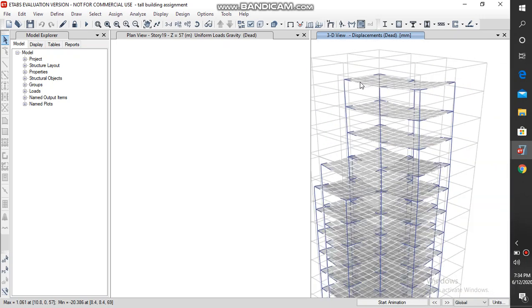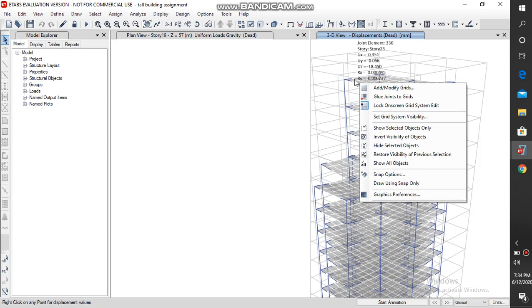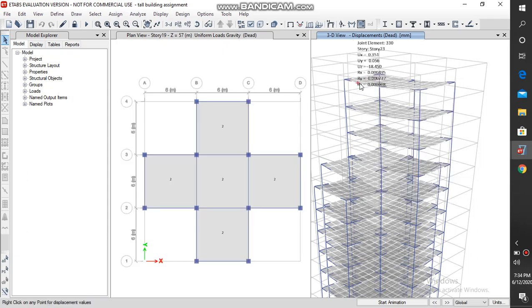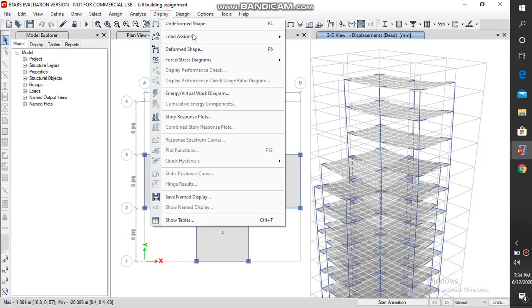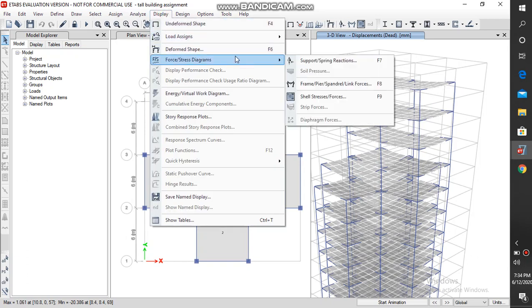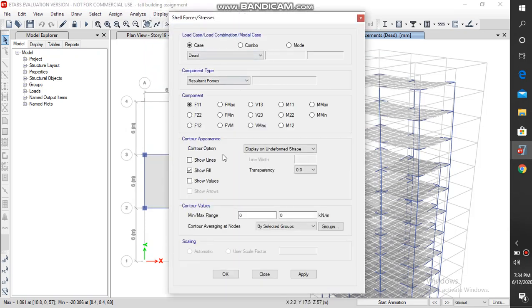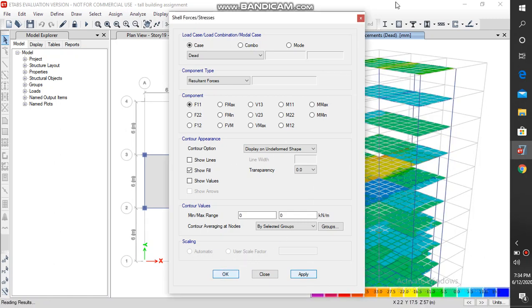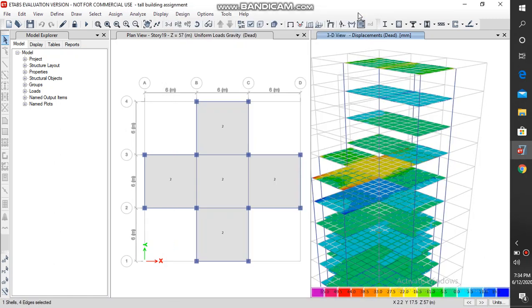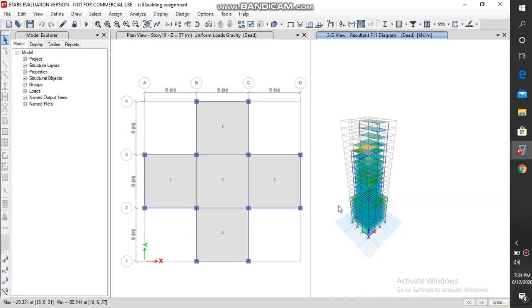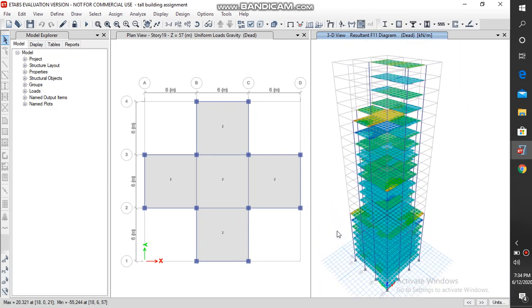Then by right clicking, we can get to know the different values by going to display and selecting force stress diagrams and going for shell stresses and forces. So we are going to select F1, okay, apply. So this takes a while. Now using these parameters which are provided, we can get to know about our structure.